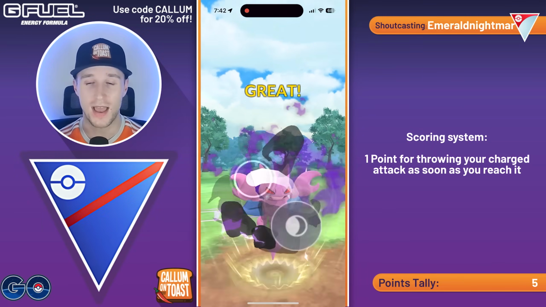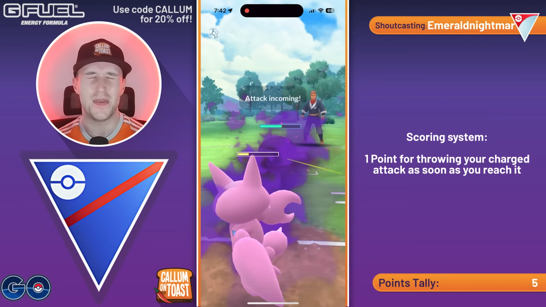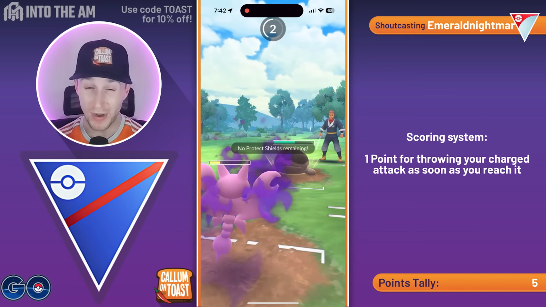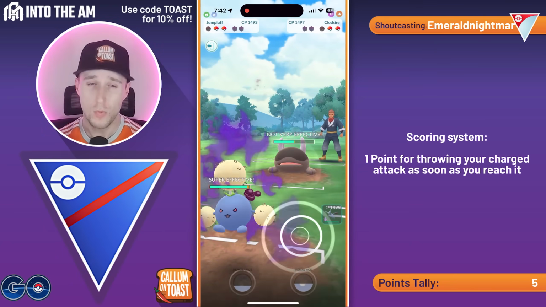They come in with a Clodsire, again, going straight for Night Slash. Night Slash is, of course, going to connect, and they throw just before we reach that next charge move. So really good timing by the opponent. Stone Edge gets the KO there. We're going to have to come in with a Jumpluff, even though